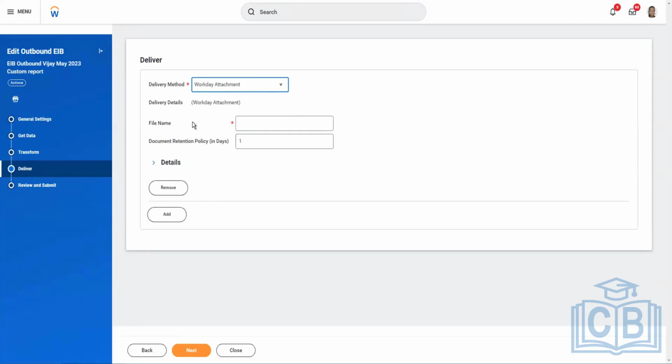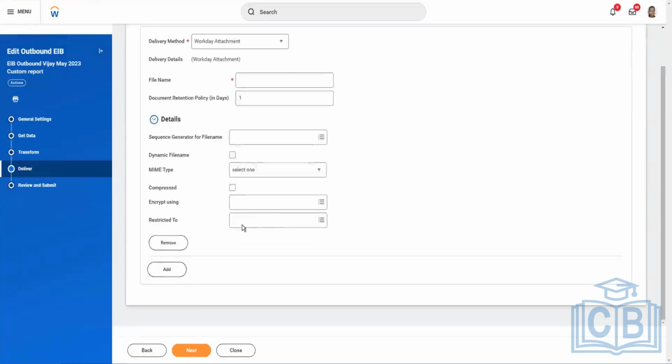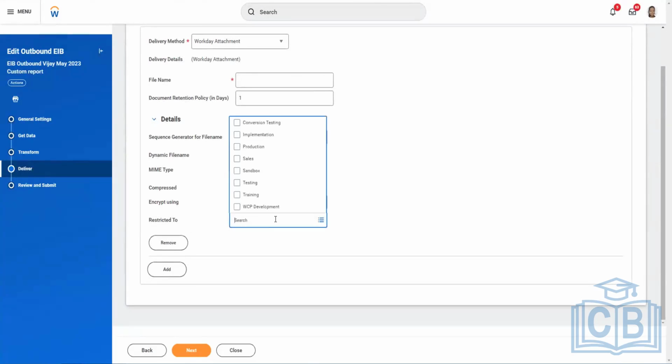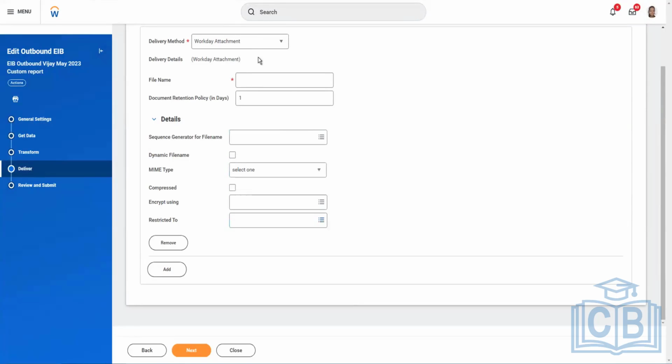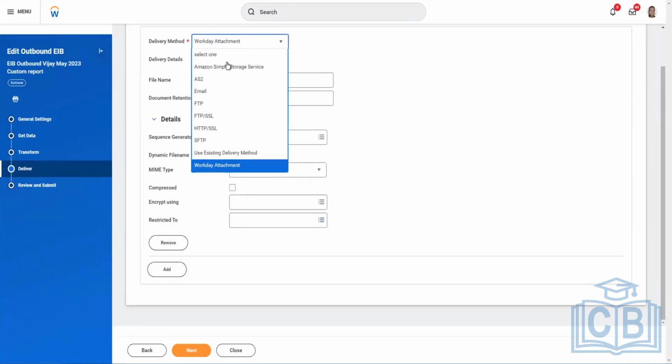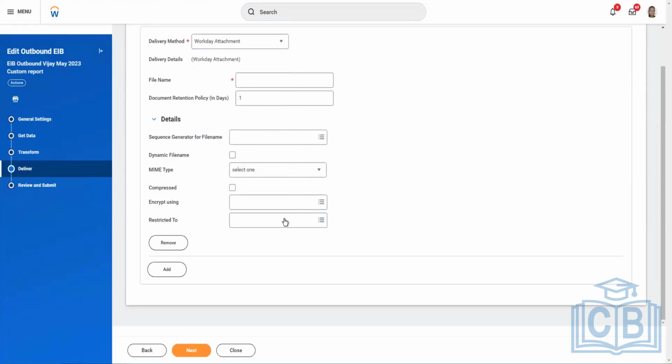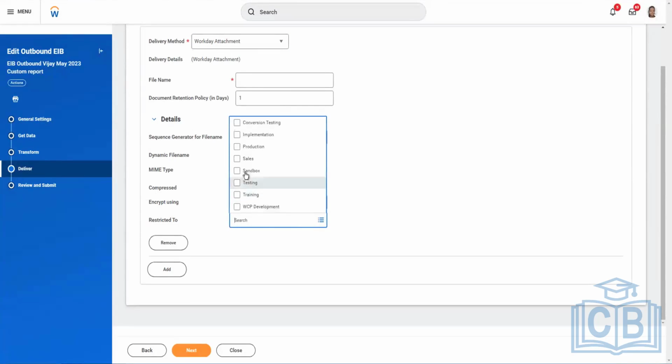So if you go into details, you will see an option here, restricted to. This restricted to parameter helps you restrict your delivery to a particular environment. So let's say you didn't have any Workday attachment. You had an SFTP configuration, and that SFTP configuration was restricted to production. So